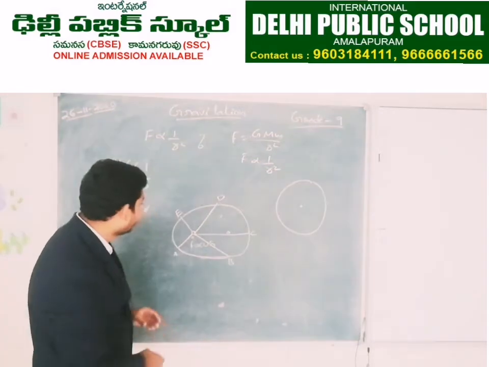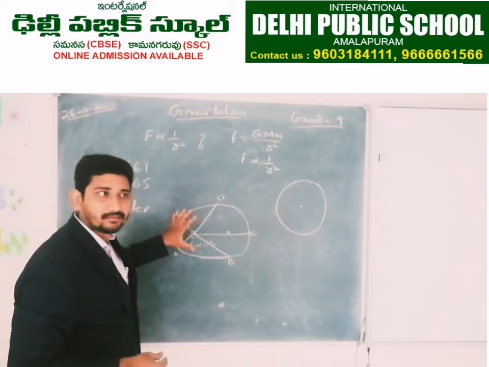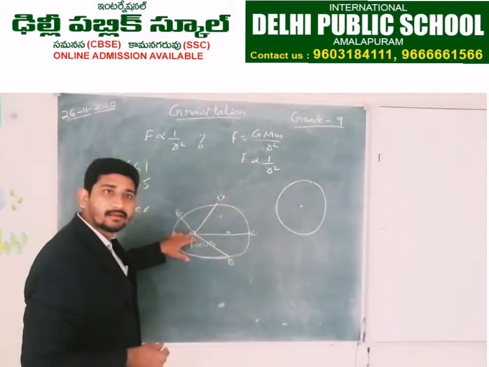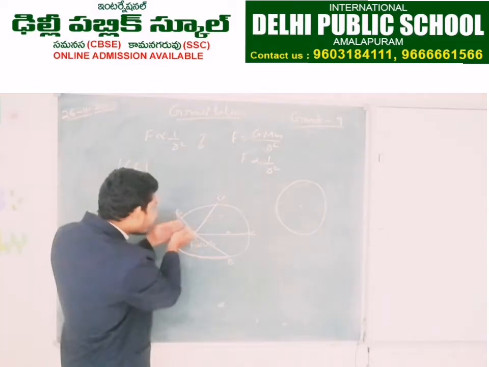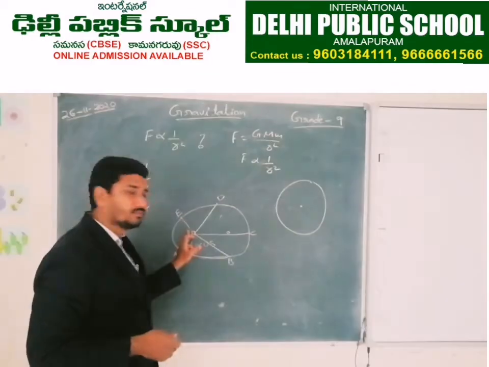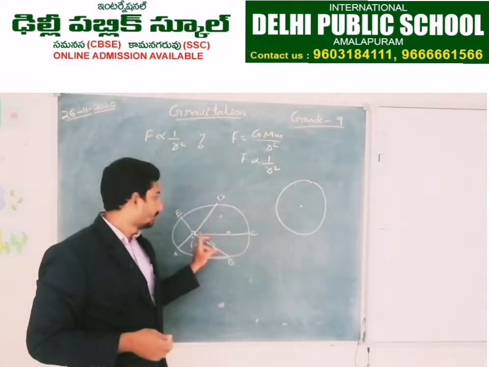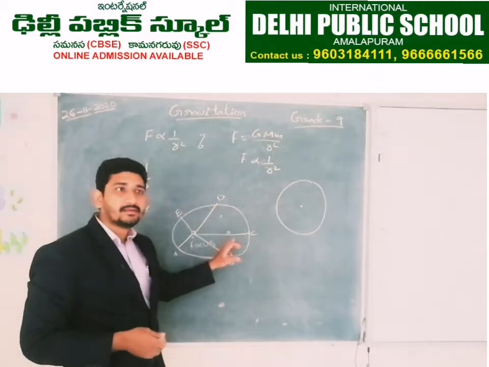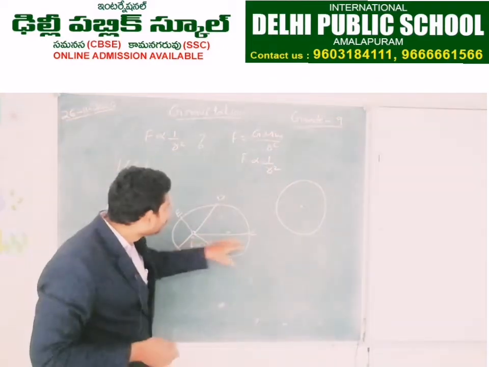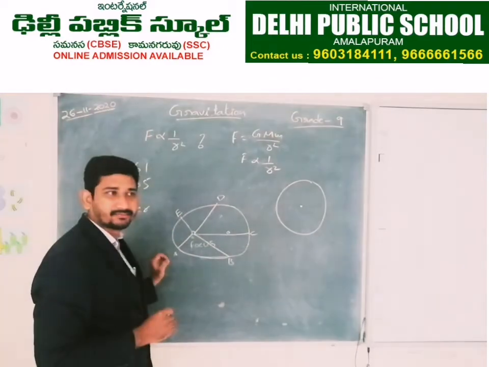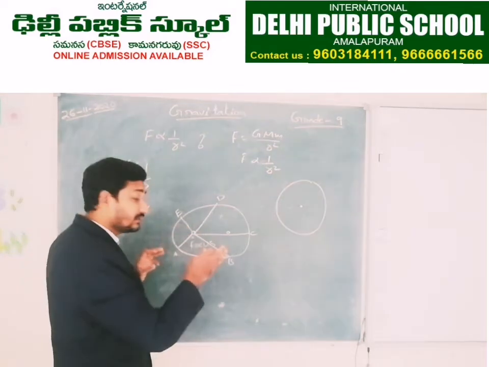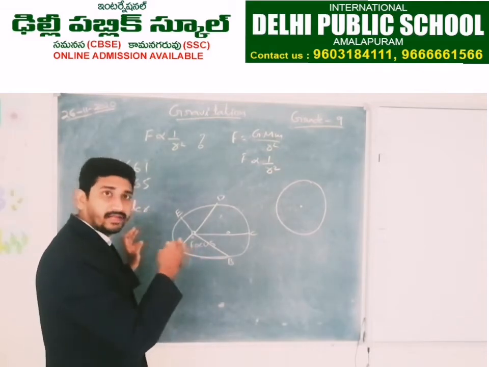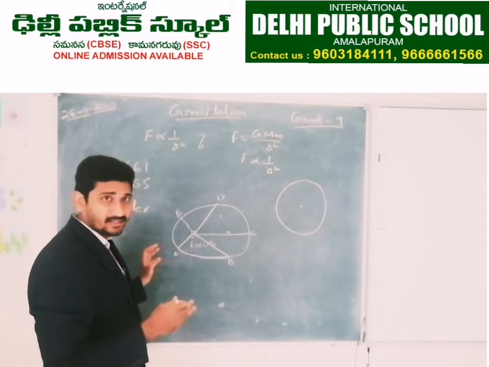So Kepler said, why is it covering like that? Because here the gravitational force between Earth and the Sun is greater. Why? Because the distance is smaller. This r is smaller. Here the gravitational force is small. Why? Because the distance is more. That's why it took more time. Here less time. That's why the distances covered by the Earth are different in different cases because of the effect of gravitational force. Do you understand?